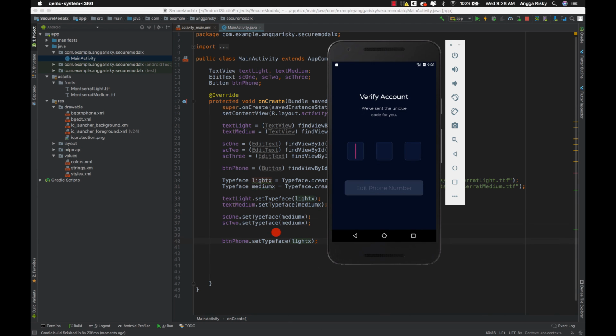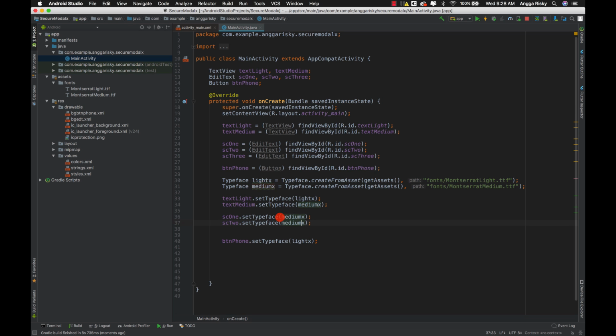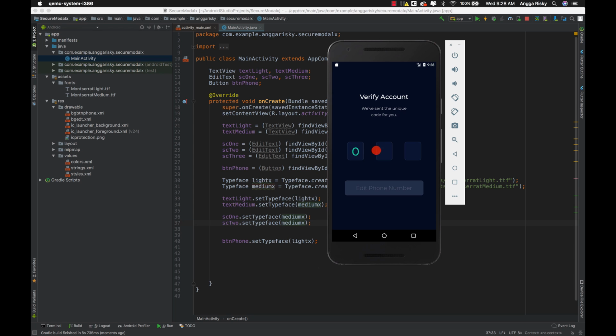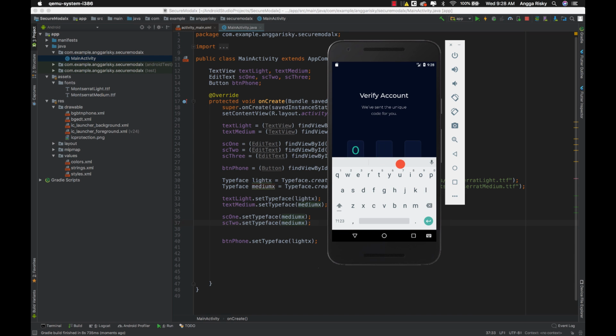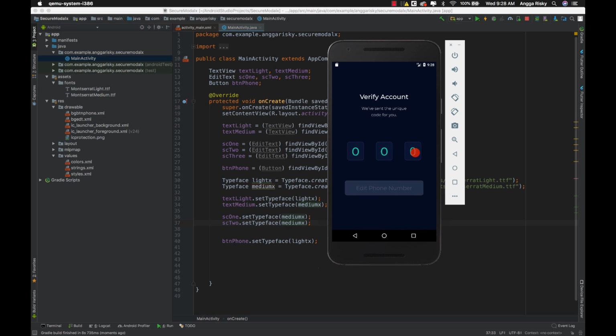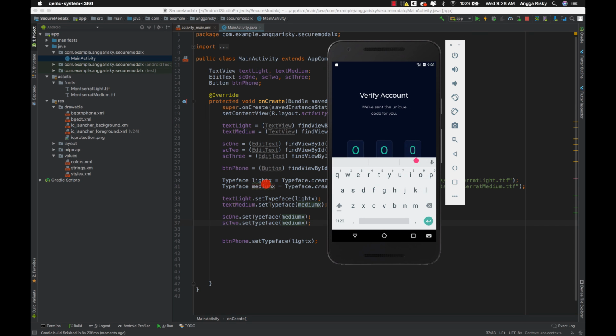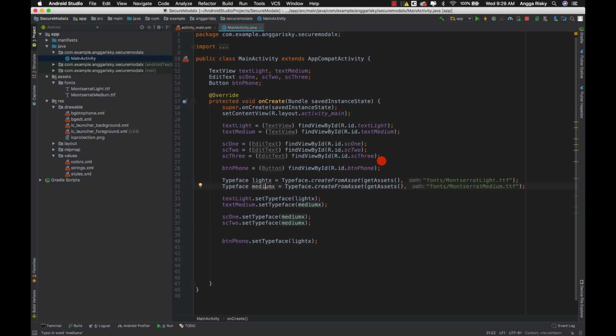Okay, so after you give the set typeface for this one, you might see the font type is just different, you know, like this. Yeah, it looks cool, but I think for this one it hasn't changed.